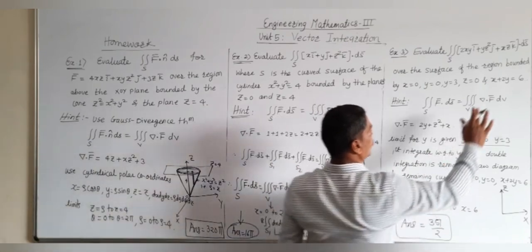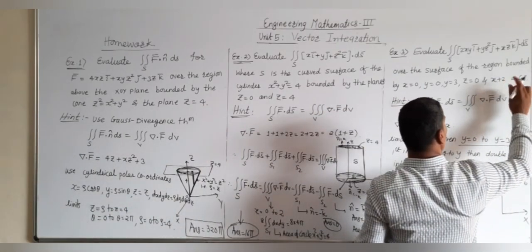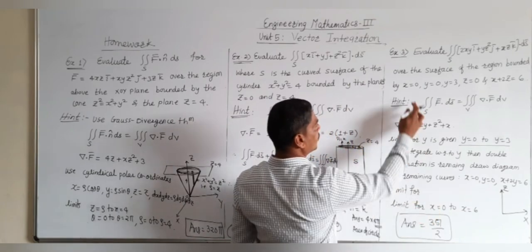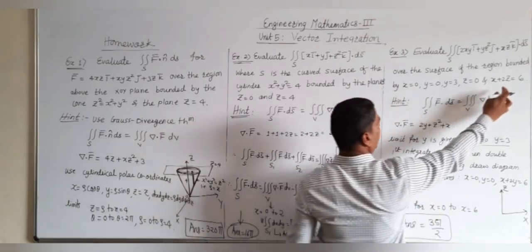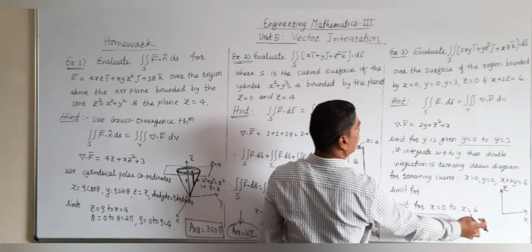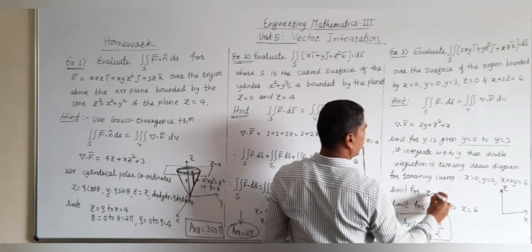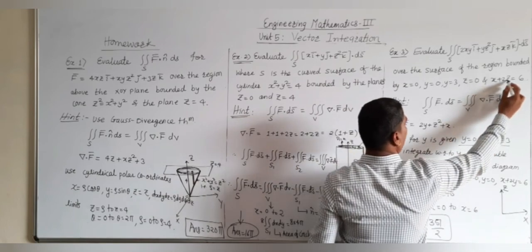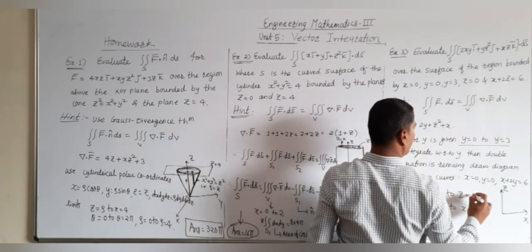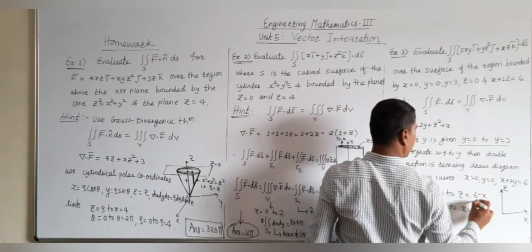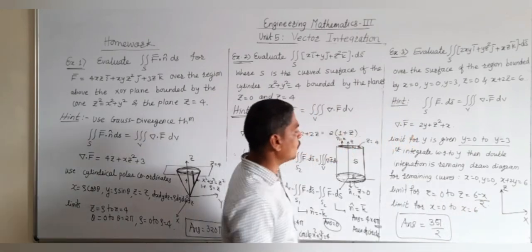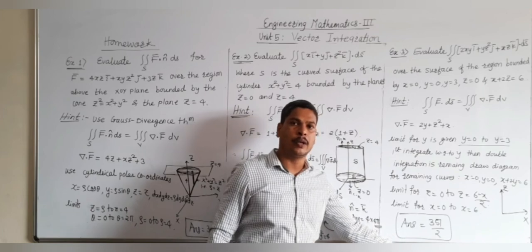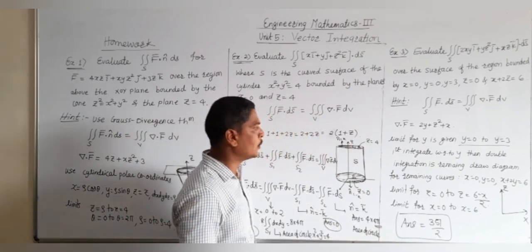Here it is z. Instead of y, we have been given z. Okay, now we get the limit for x, which becomes x is equal to 0. Put here z is equal to 0, we get x is equal to 6. And the limit for z becomes z is equal to 0 to, from this equation, z is equal to (6 minus x) divided by 2. In that way we get the limits, and the final answer becomes 351 divided by 2. So try these examples at home.